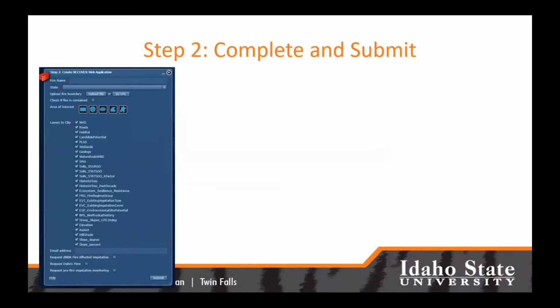Step 2, you're going to complete this form, give the fire a name. You don't have to give the word fire here. Just if the fire is called the widget fire, just type in widget. Then select your state from the drop-down list box. There's the 11 selections for the 11 states that we cover across the West. And then once again, you're going to upload that same file. You'll click on this upload